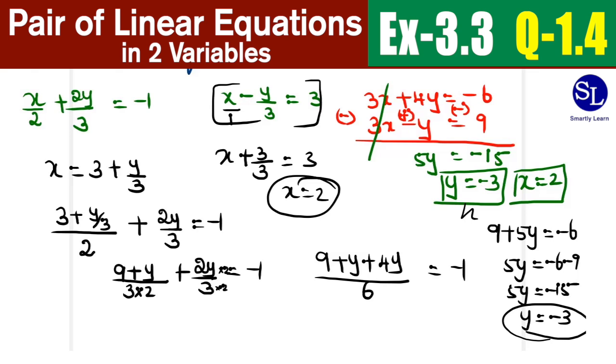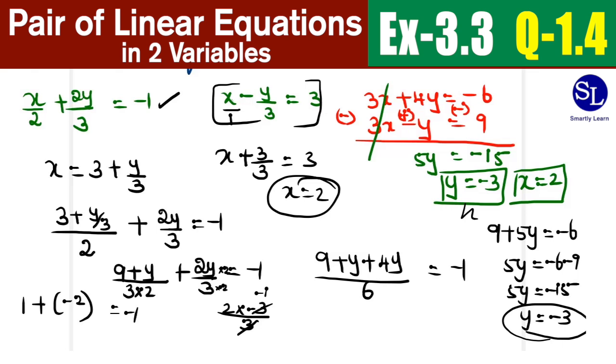Now let us check by substituting these values in the equation and see if they are also coming up right. So x is going to be 2. 2 divided by 2 is 1. 2 by 3 of y. What is going to be y? y is minus 3. So if you multiply, this is 2 into minus 3 divided by 3. If you strike out, this is minus 1. 2 into minus 1 is minus 2. So I'm going to put this. So this is 1 plus minus 2, which is equal to minus 1. So first equation happened right.